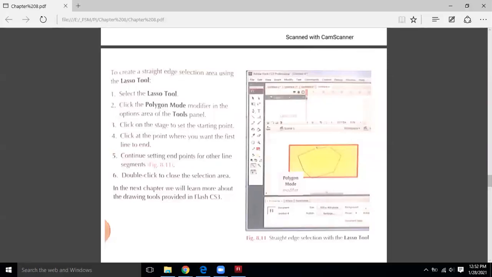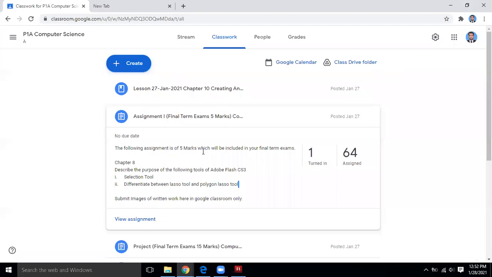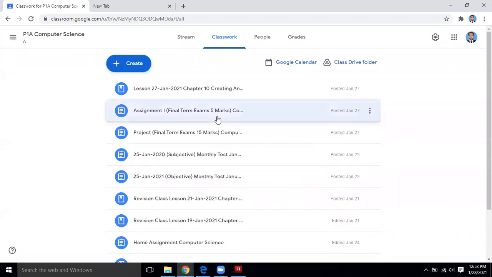Sir, how will I do the assignment? I don't have a computer. I have a laptop. So do it on the laptop. Sir, no, there I can't because the F6 has the mute button on it. You are talking about the project. Assignment is basically handwritten. You have to write on a page and submit the image. Yes, sir. I meant to say the project. Yeah, the project you will make in Flash.